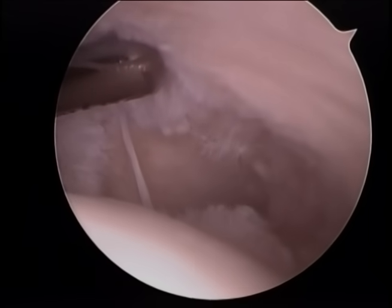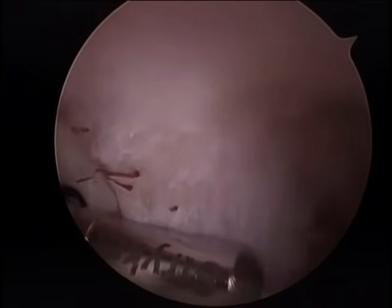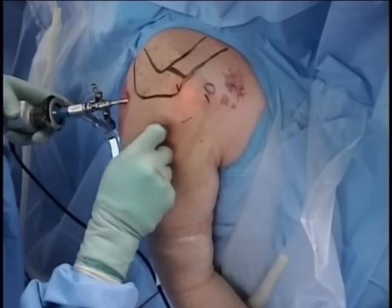It is not attached to the footprint of the greater tuberosity. You clearly see this area, and a little more debridement with a shaver will help us completely prepare the undersurface of the rotator cuff tear. We pause on the tear, and you see the dark area to the right is a small crescent-shaped rotator cuff tear, not attached. We next move to the subacromial space and place the arthroscope in the space, and we created